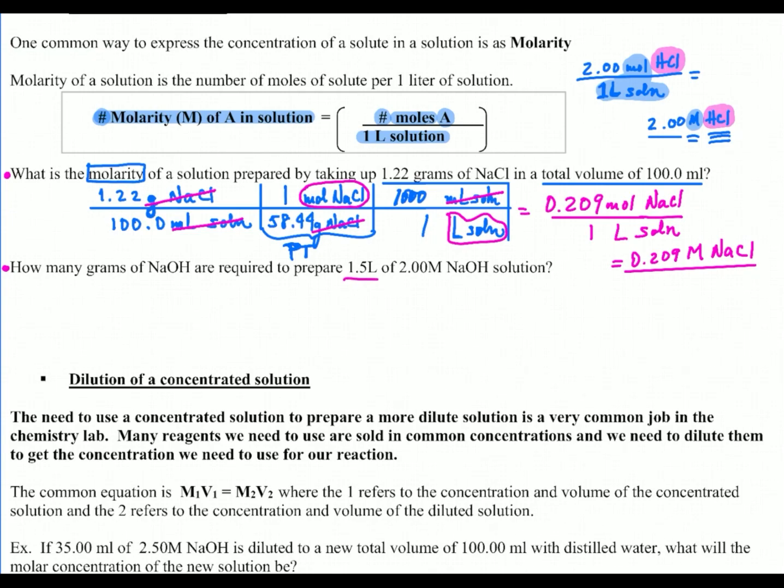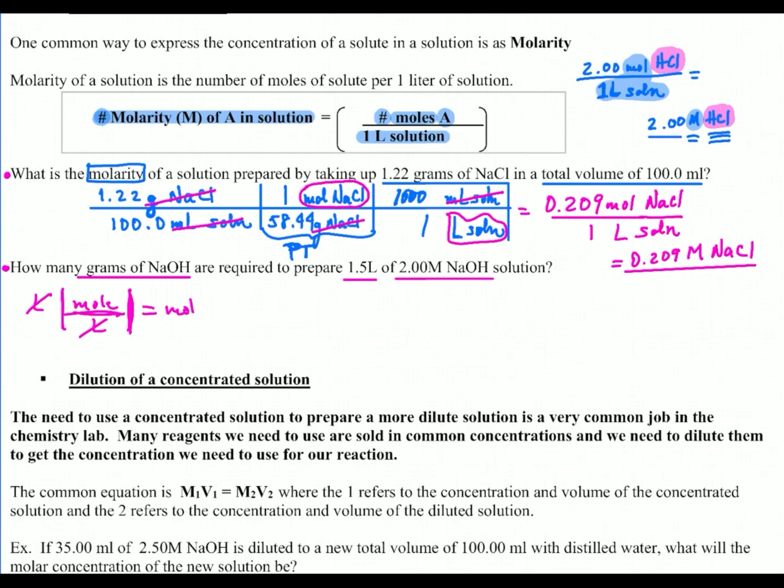So we need to make this much of a solution that's that many moles per liter in sodium hydroxide. And we're going to need to know how many grams of sodium hydroxide I need to go get in order to do that. So you've got liters and you've got molarity, molarity being moles per liter. Hopefully you see that if I have liters and I have moles per liter, that liters would cancel if I set them up this way